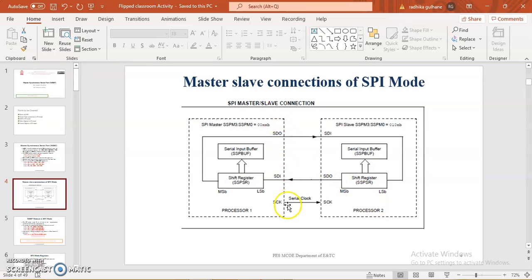So as we discussed, these three pins are important. Like this, there is one more very important pin, which is called the SS pin. It is the slave select pin. It allows the synchronous slave mode. SPI must be in slave mode with SS pin control enabled. When the SS pin is low, transmission and reception are enabled and the SDO pin is driven.